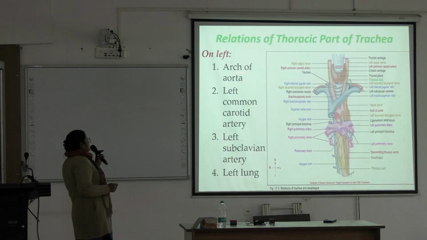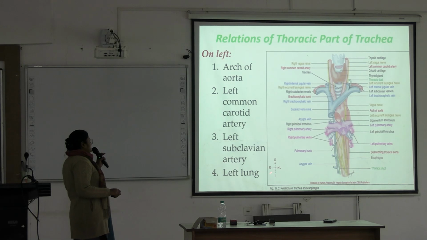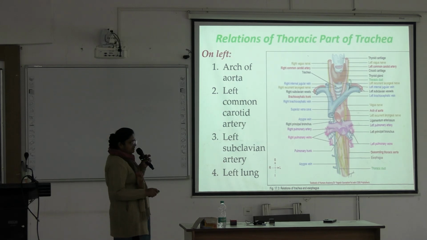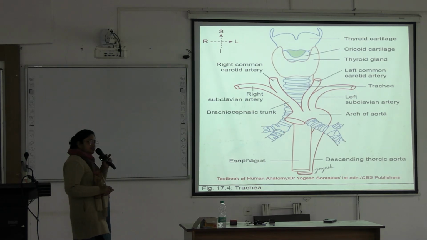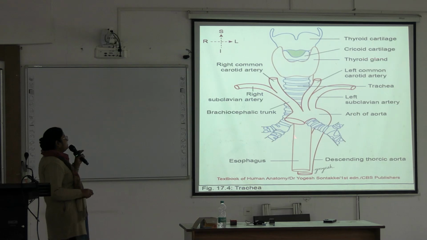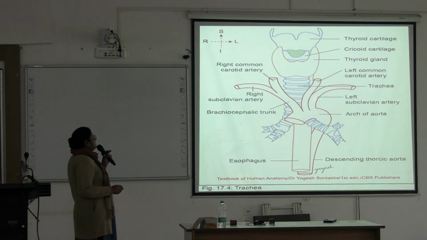On the left side, there is the arch of aorta, left common carotid, left subclavian vessels. These are the left subclavian vessels, left subclavian artery mainly, and left lung and pleura will be present. So, a schematic diagram like this you can practice. Arch of aorta along with its three branches from right to left is the brachiocephalic trunk, left common carotid, left